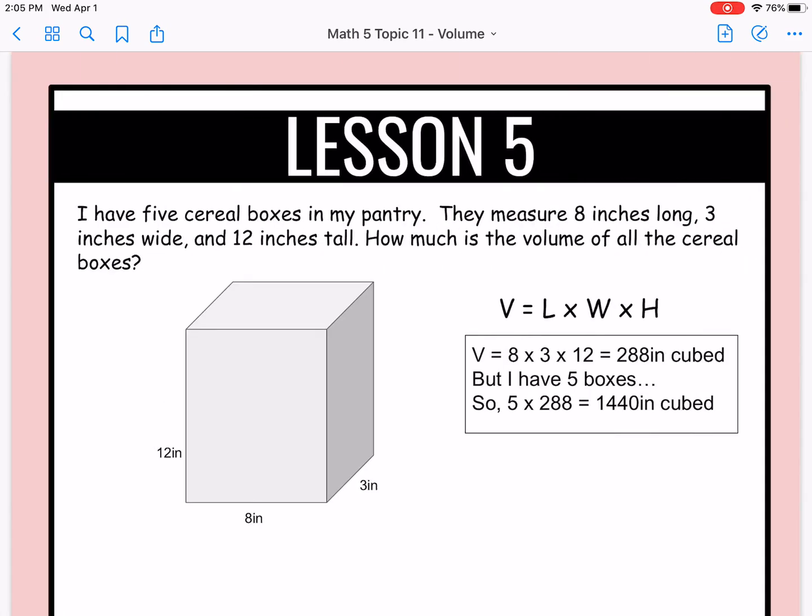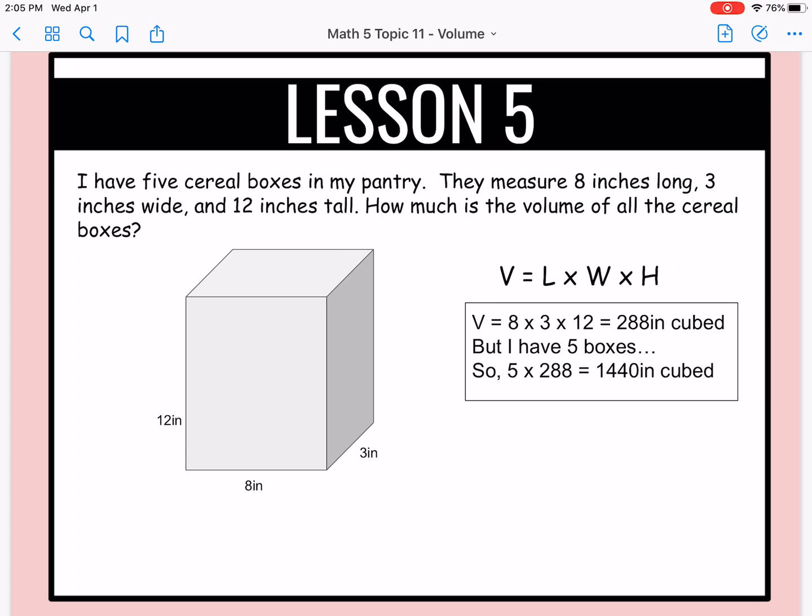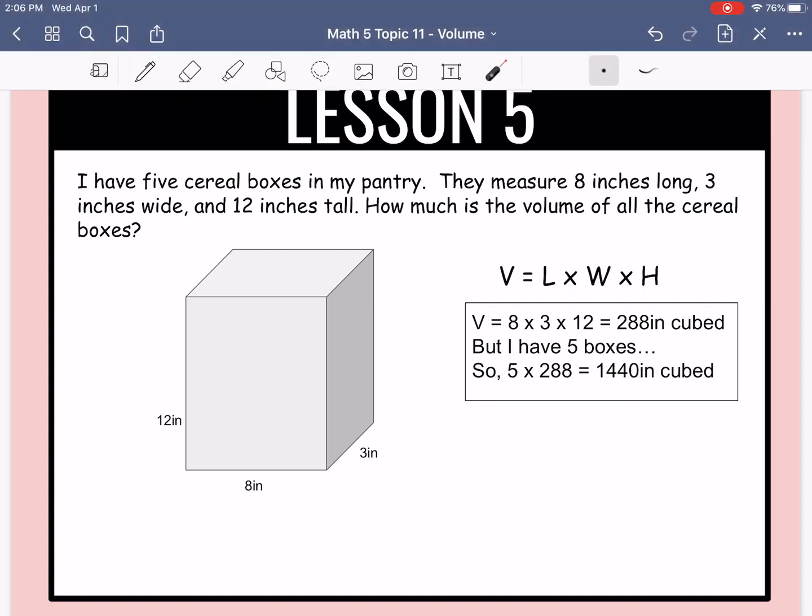All right, let's take a look at this one. I have 5 cereal boxes in my pantry. They each measure 8 inches long, 3 inches wide, and 12 inches tall. How much is the volume of all? Take a look at that. They want to know the volume of all the